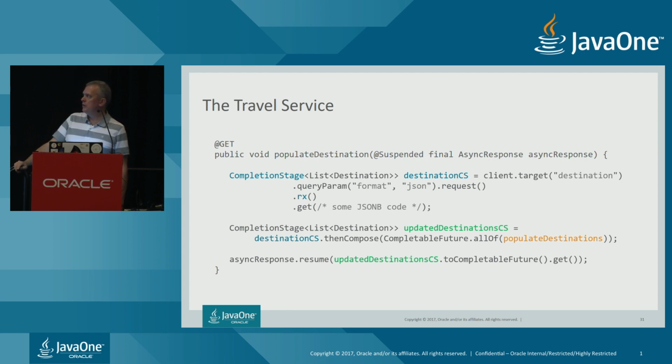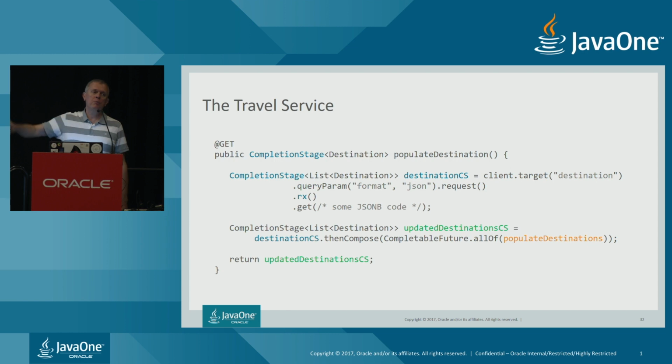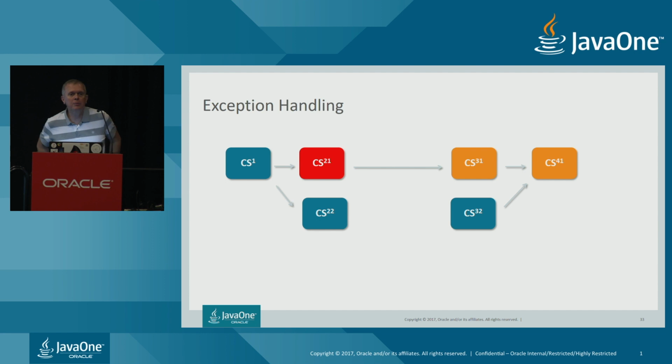Now, this is, I would say, the old-fashioned way of writing things. Since I am in a JAX-RS 2.1 world, I can also directly return this completion stage, and the completion of this completion stage will be handled by the JAX-RS 2.1 API directly. All right, so this is the big picture on a real-world example, a non-trivial example to handle this CompletionStage API.